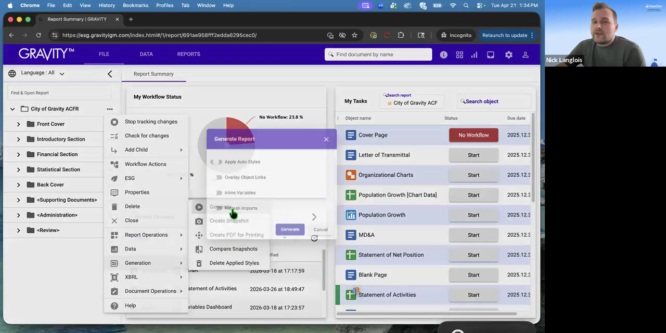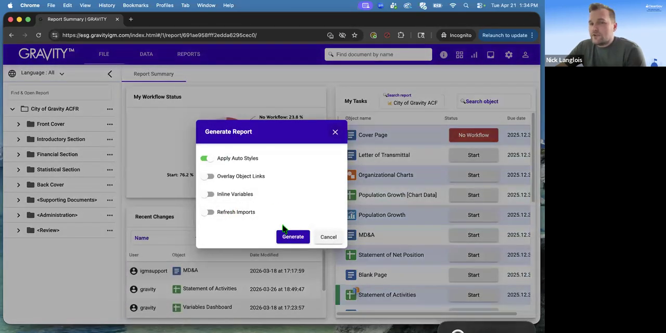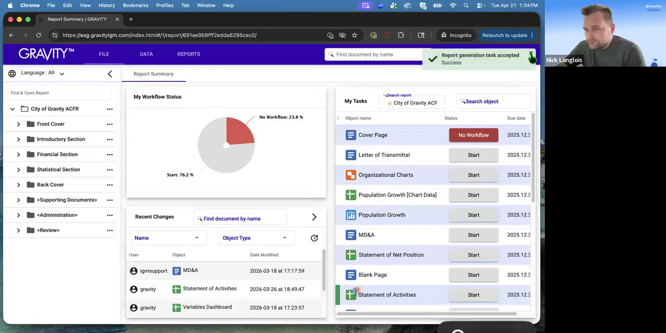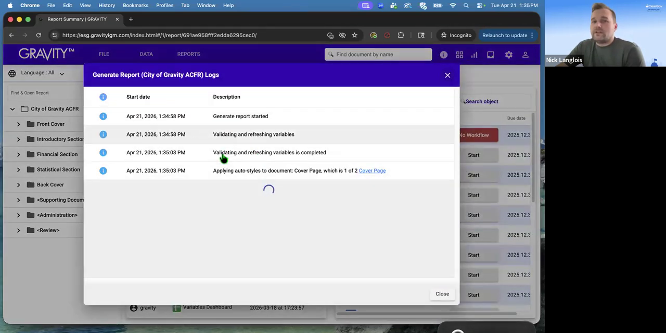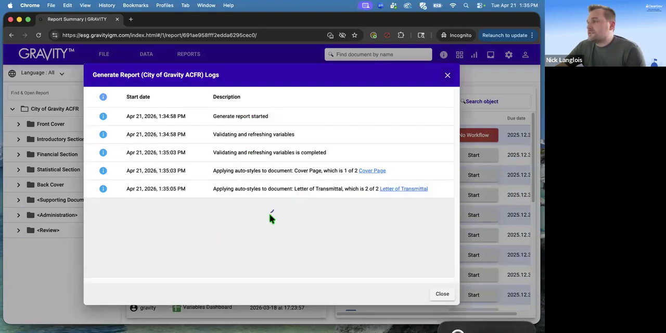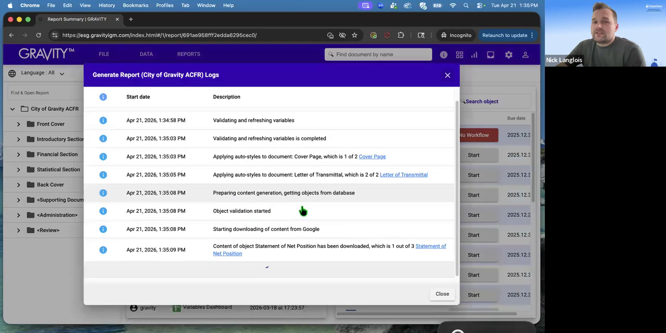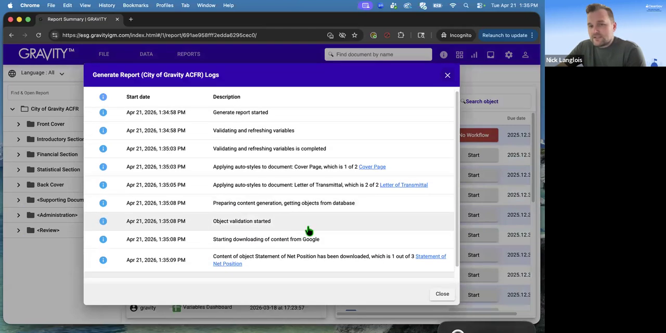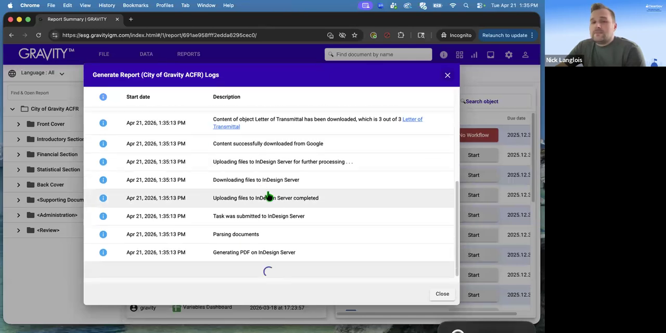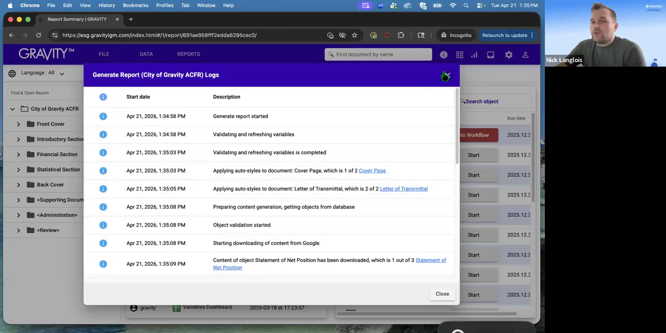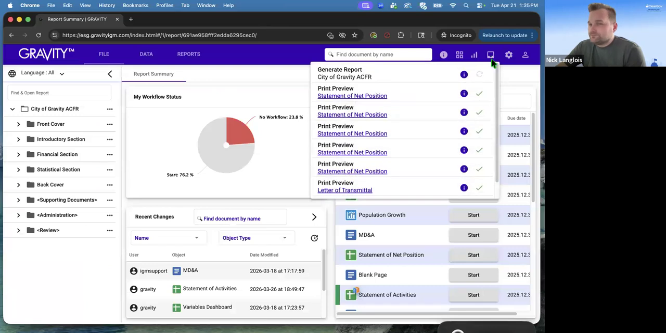So if I were to select generate, I'll leave auto apply styles on, click generate. You'll see it starts generating inside my inbox, okay? I can click on the eye. I can follow it going through its generation process to ensure it's going through okay. Any errors, you'll see them populate in this area as well. But you're able to follow it along, okay? Once it's done,